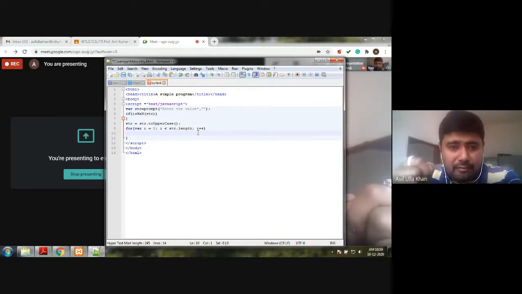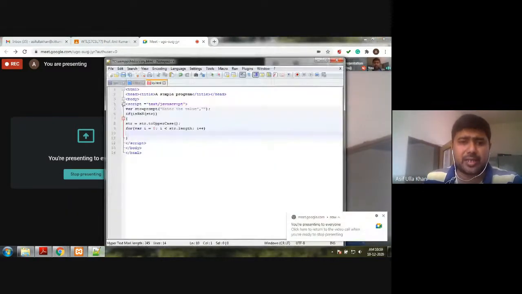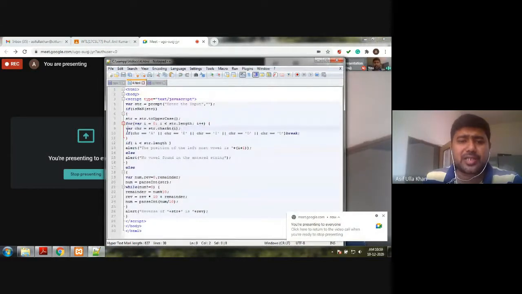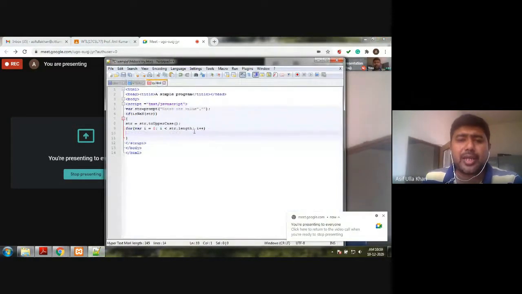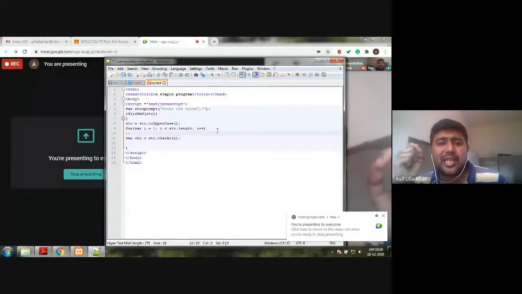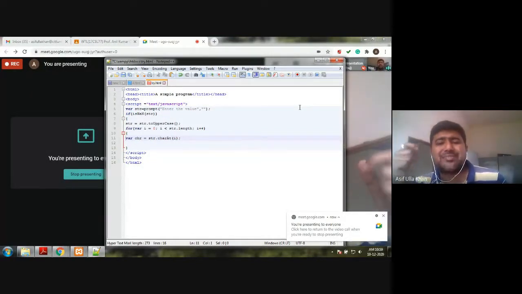It's a string handling function which finds the length of the string you are entering as input. Once I have taken this, now I need to read the index of the string. So I have another string function called charAt(i). The work of charAt(i) is to return the character at the specified index.